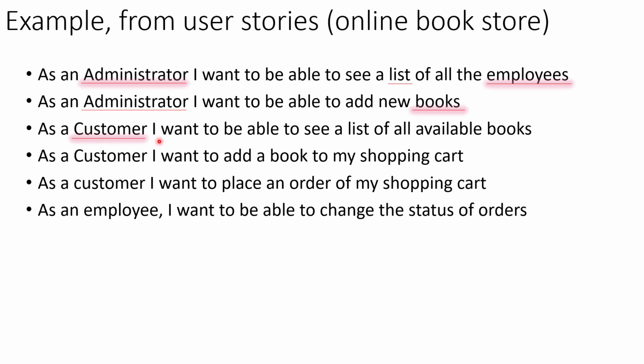We have a customer and I want to be able to see a list. So again, ignored, and books, we have that. As a customer, I want to add a book to my shopping cart, which is a new concept, so that might also be a potential entity. As a customer, I want to place an order, potential entity, of my shopping cart, we have that. As an employee, I want to be able to change the status of orders. So status is